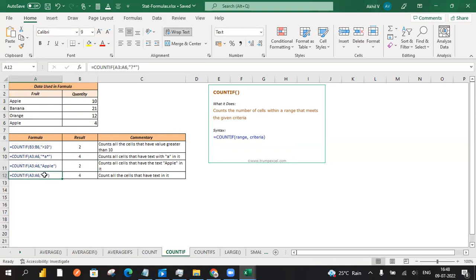And what will happen with COUNTIF, we are going to specify within the range to count the number of values we have. Count all the cells that have text in them. Okay, we have text within them, we have the four